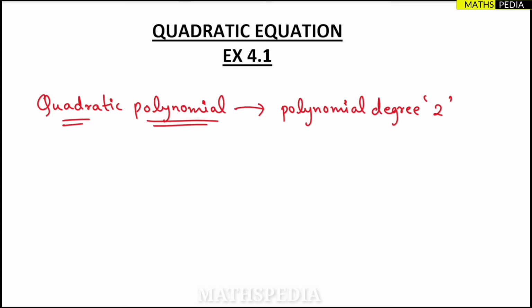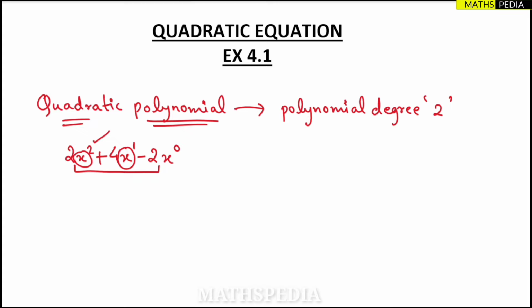So let us try to understand by taking an example. 2x square plus 4x minus 2. Okay, so this we have considered, this is a polynomial. Now in this polynomial, if you see, this is nothing but the x variable. Okay, so the x variable is involved. Now here the highest power of the x variable is nothing but 2. You can see here it is 1, here you can mention it as x power 0, since x power 0 is nothing but 1.